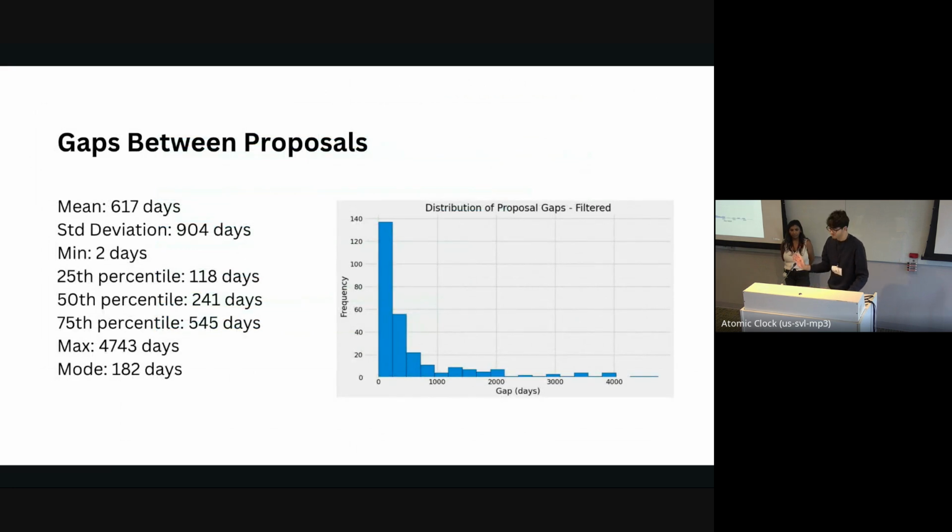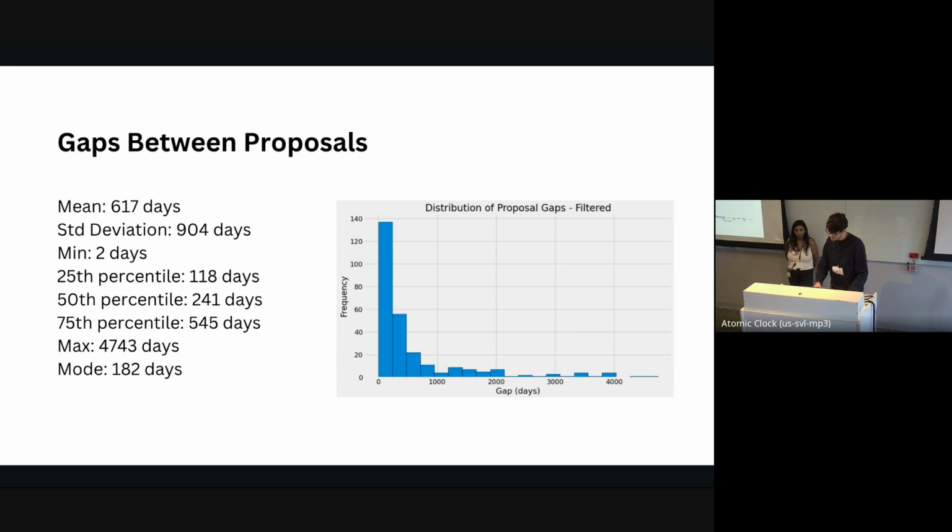Also here, a large part of why the time taken can be pretty long for some of these is that there can be long periods of gaps in time between the proposals. So we had to dig a bit into the faster cases here. Sometimes you just have two related documents submitted in short succession of each other. You'll see that the minimum up there is 2 days. There's also 5 or 6 examples that we filtered out where a proposal was submitted on one day, and then the exact same day, that same author would submit another proposal following up, which we have to look further into to understand why they did that, but we removed those. So the minimum besides 0 days is 2 days.